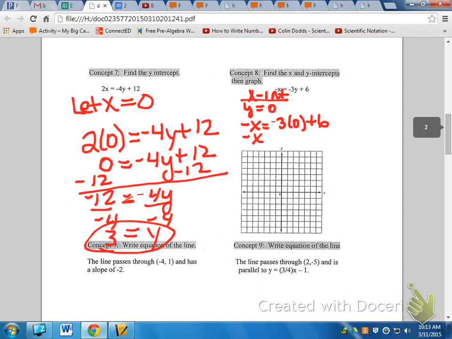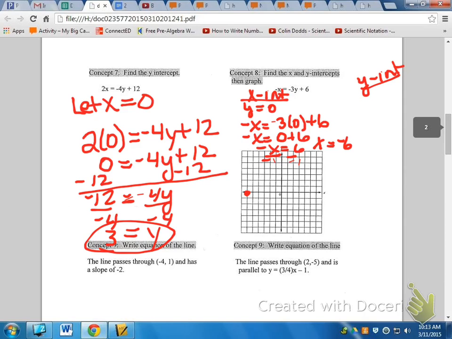So negative x equals 0 plus 6. Therefore, negative x just equals 6. But I'm going to divide by a negative 1. And my x-intercept is negative 6. So on the x-axis over at negative 6, I would put my x-intercept. My y-intercept,